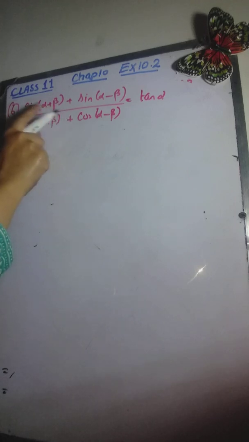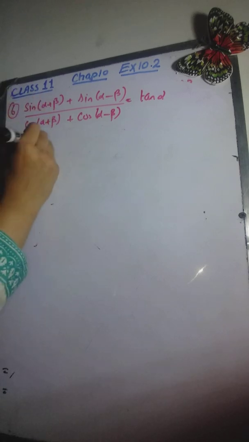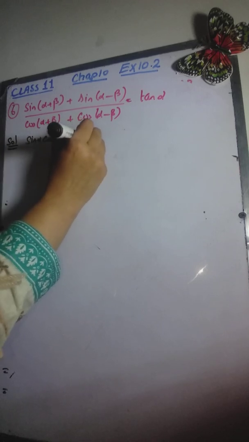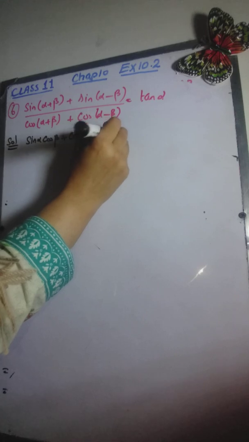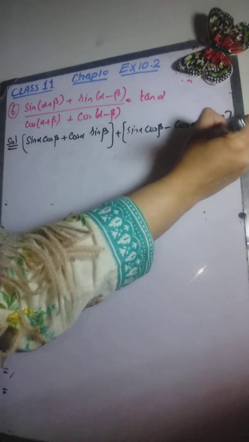Now in this question we have to prove that this whole expression is equal to tangent alpha. For that we are going to open these brackets. I will write sin of alpha plus beta using the sines and cosines of alpha and beta as we did in the identities. So first using the identity, sine of alpha plus beta is equal to sin alpha cos of beta, plus cos alpha and sin of beta. Okay, plus we know that sin of alpha minus beta is equal to sin alpha cos of beta minus cos alpha sin of beta, over